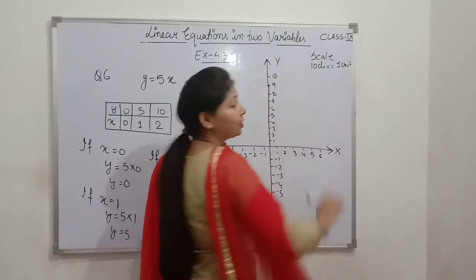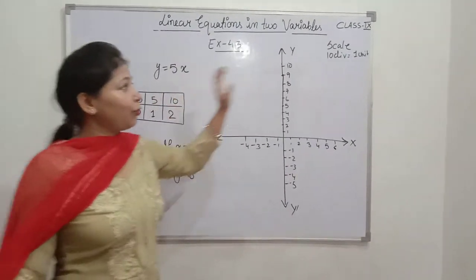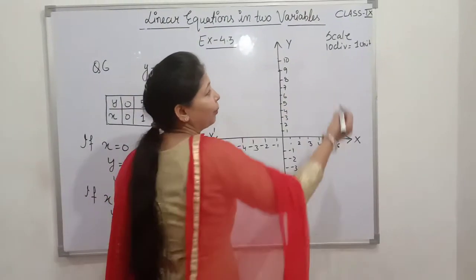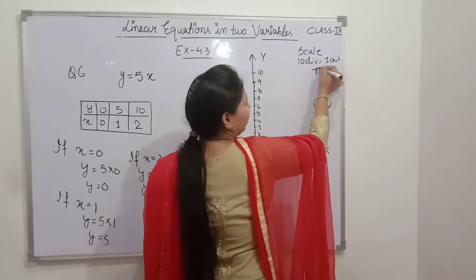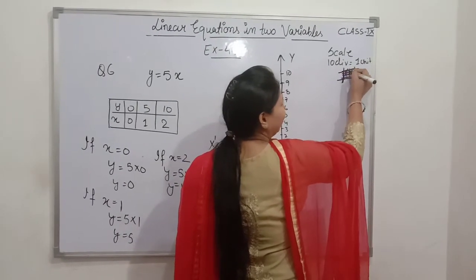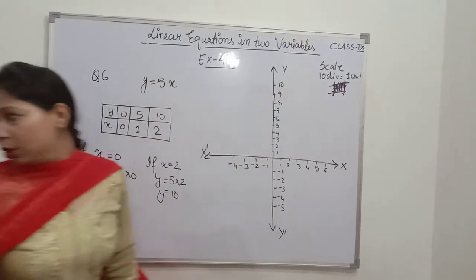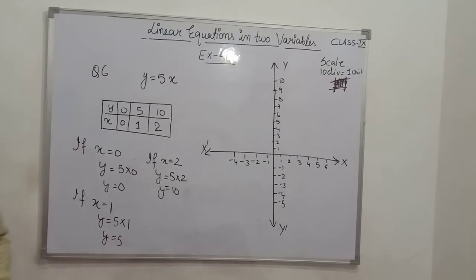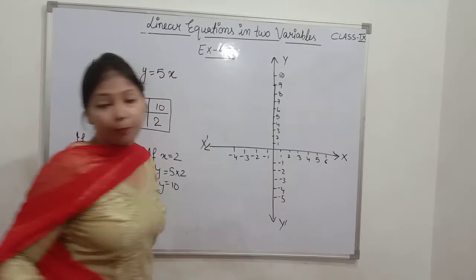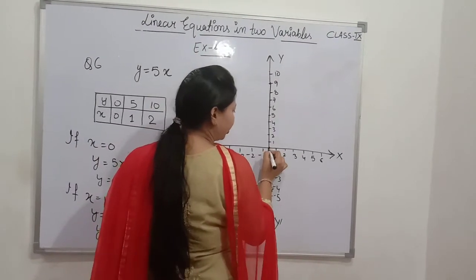Student, you have to plot this graph on the graph paper. Here I am plotting on the board. That is why I am writing the scale for the graph paper. You must have seen that on the graph there are thin lines, and then a thick line, and here you can see there are 10 lines. So we are taking 10 divisions is equal to 1 unit. You have to write this on your graph paper. Now plot the point 0, 0. Now your origin is 0, 0.